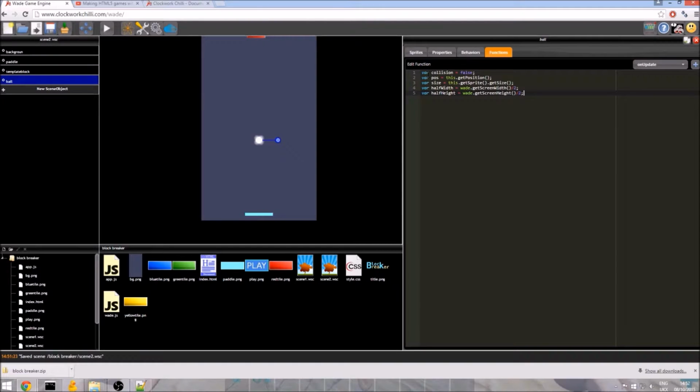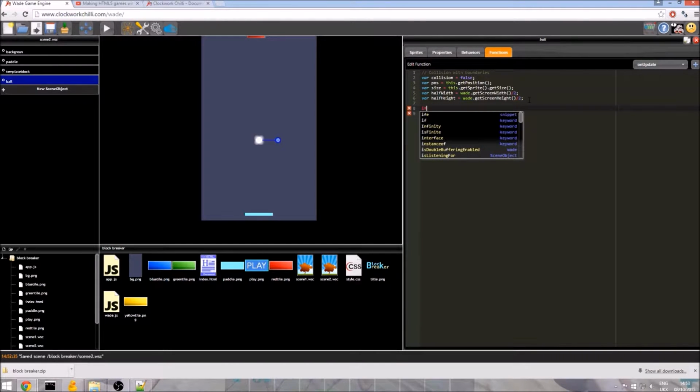This is just because in the next part I'm going to be using these values a lot, and it's way more efficient to store them as a variable, and it looks neater in code rather than calling the functions a huge number of times. So actually I'm going to put a comment at the top of this because again this is going to get a little bit complicated. I want to make it very clear what the code does. So here we are going to handle collision with boundaries. Very nice. So the first two boundaries are simple. It's the left boundary and the right boundary. So all we are going to do